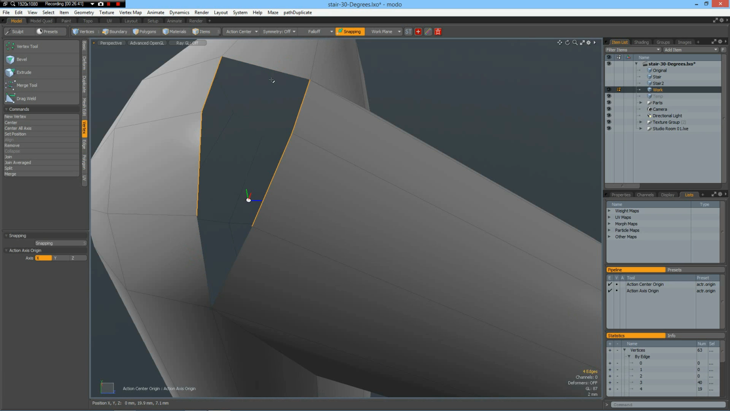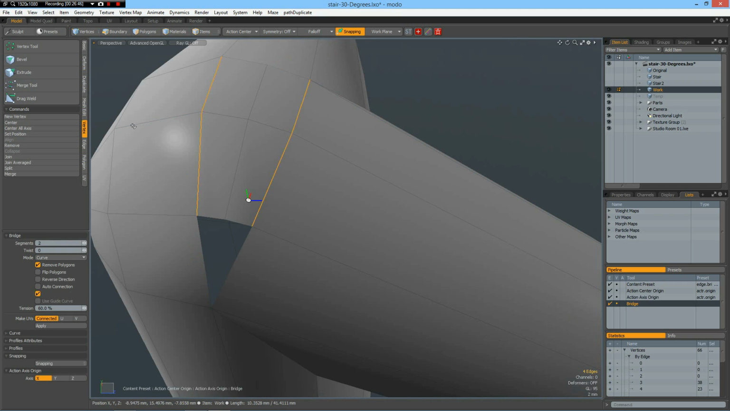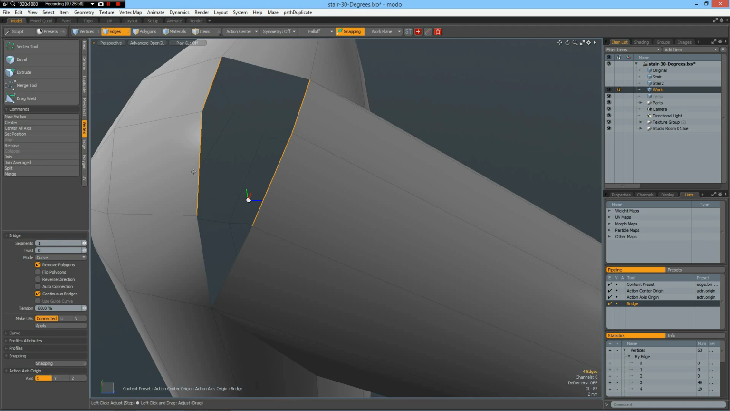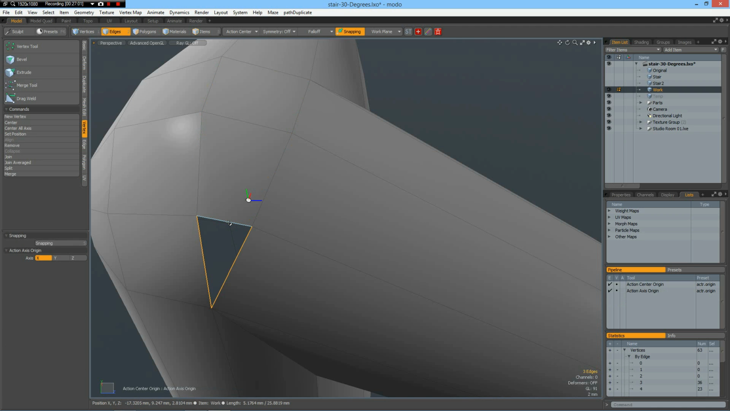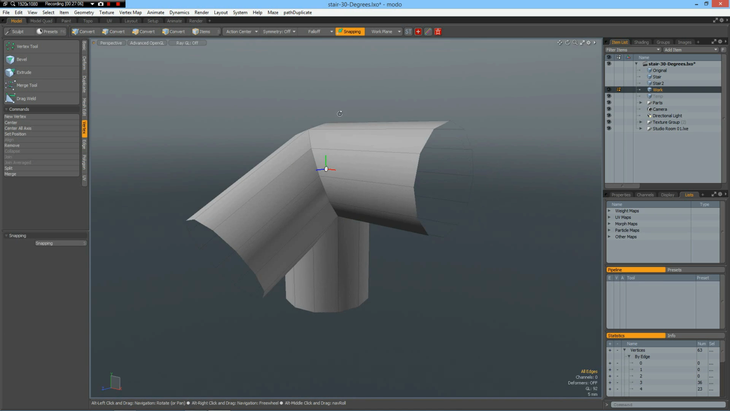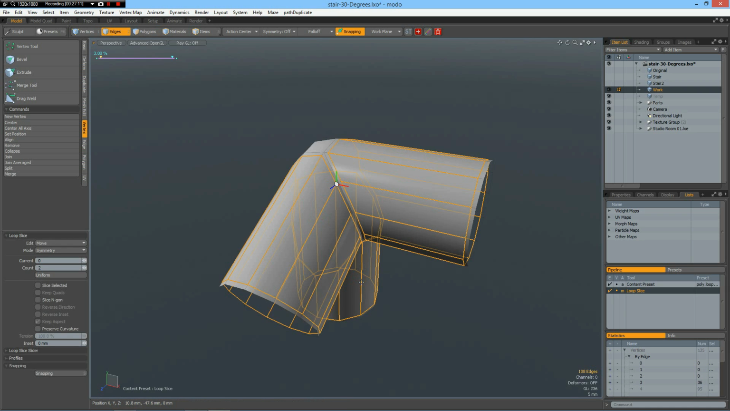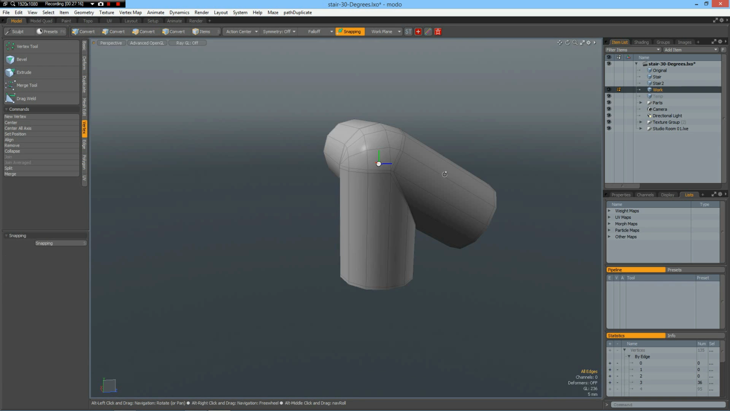deselect these and bridge, but Control Z, bridge, but with one segment only, and then put in a triangle here. Okay, now we can add our supporting edges, Alt C, like so, and we have a couple of triangles which